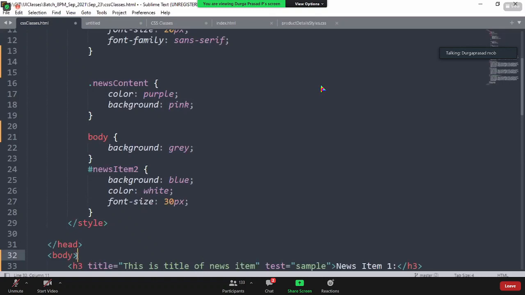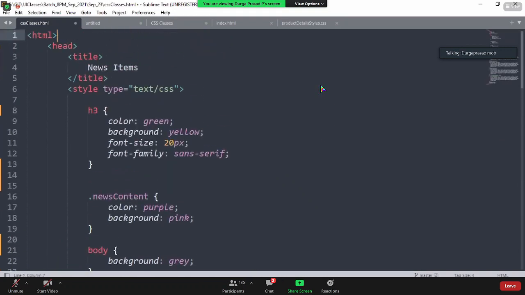Anytime you add something other than HTML, where one tag is holding something else, you have to specify the type. For example, the script tag. We are going to see the script tag soon. For the script tag, I need to say that I am about to write JavaScript code here. In the same way, style is a tag, and I'm writing something other than HTML, some CSS classes.